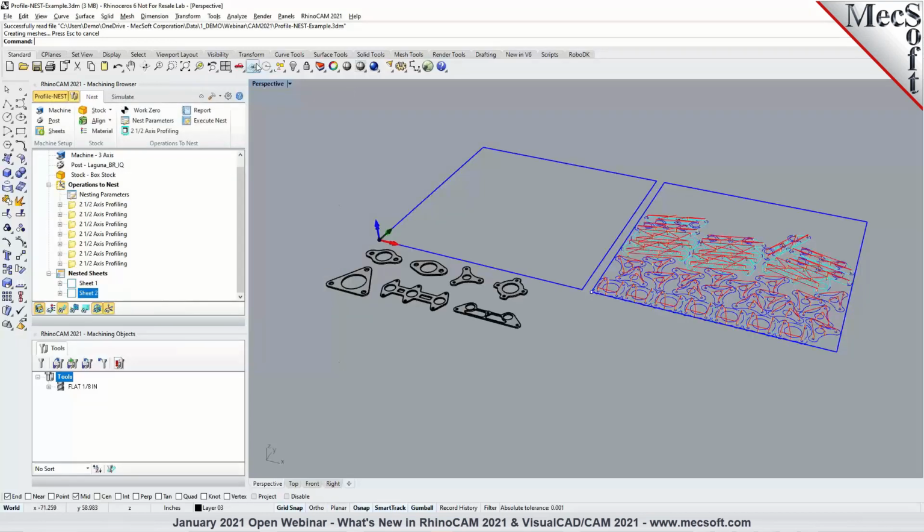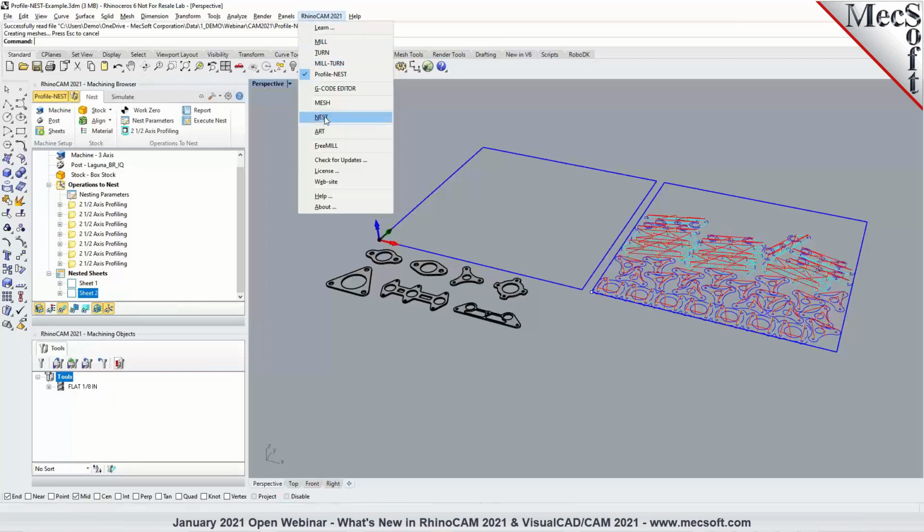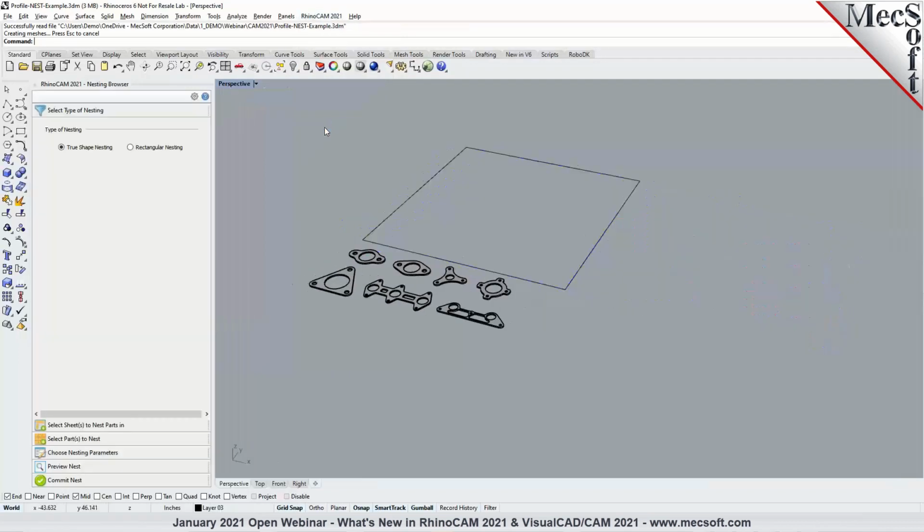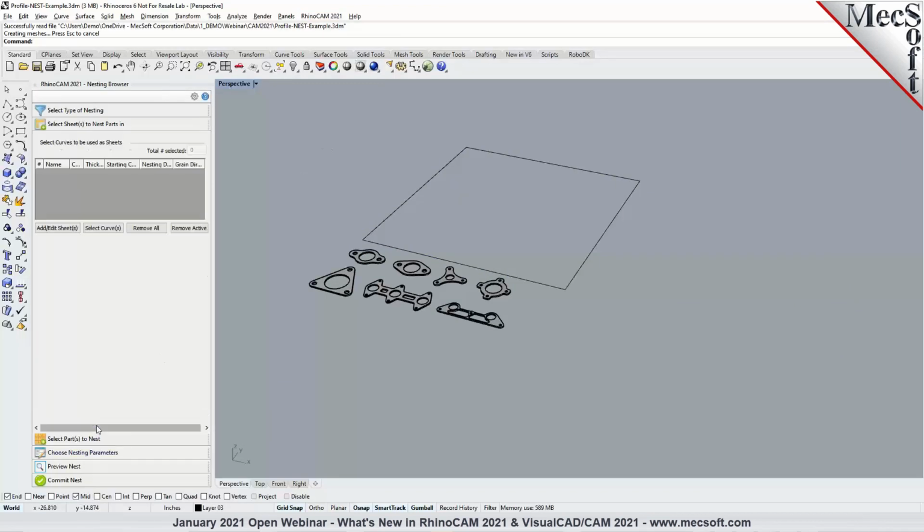And the same enhancement for the sheet definition is also available in our nest module. The nest module is used for nesting of parts only, so parts nesting, and this is also available in here. The parts nesting is included in all of our configurations, starting with Express. Express, Standard, Pro, and Premium will include the nesting of parts, or parts nesting, what you could call it. So the enhancements to the sheet can also be handled in both the nest module and the profile nesting